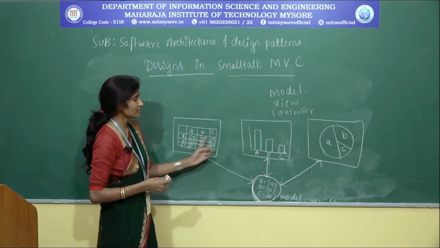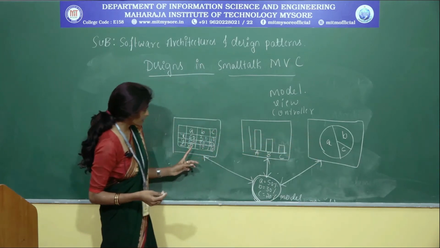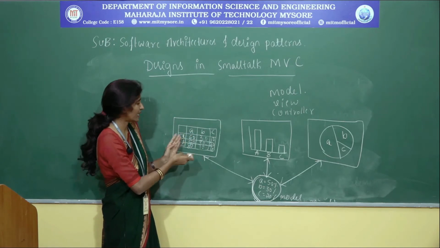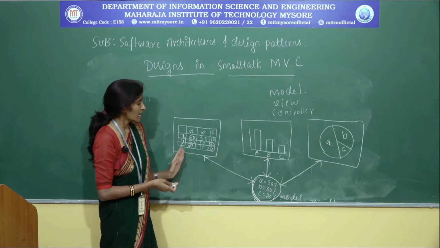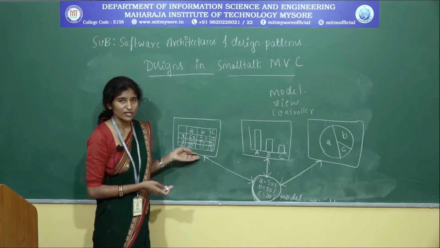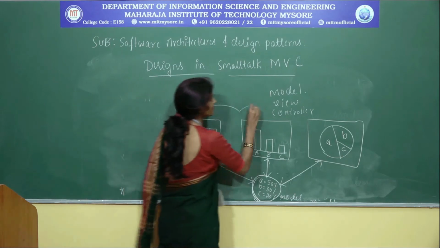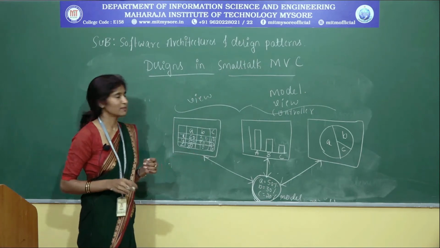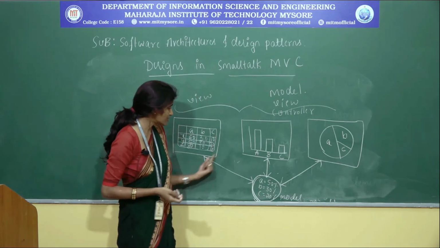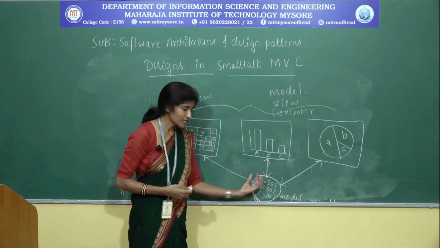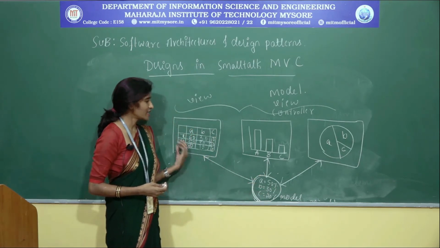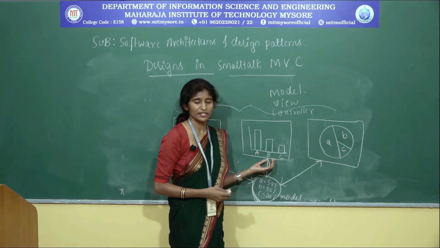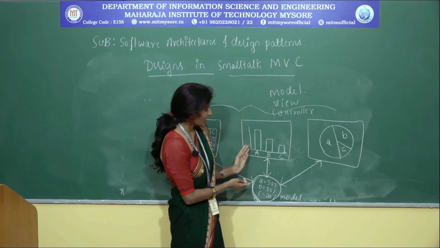So for that I have taken the 3 boxes as an example. So here you can see I have written with some calculations, some graph representations. I have taken A, B, C, X, Y, Z as notes, and then I have written a graphical representation, right? So these 3 boxes will let you know what is a view, how the view is going to be projected. Okay, so this is the first view I can expect from this model. Using the same data, I have represented the data in graph notations. Okay, with the same data I am using the bar chart representation. So same data I have used and I have given a bar chart.